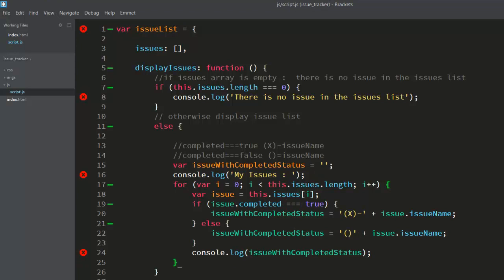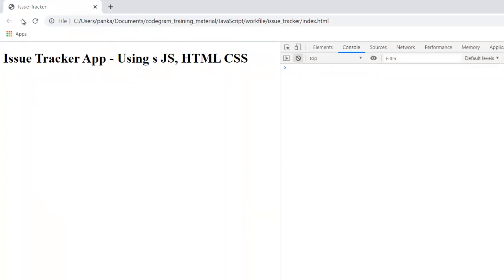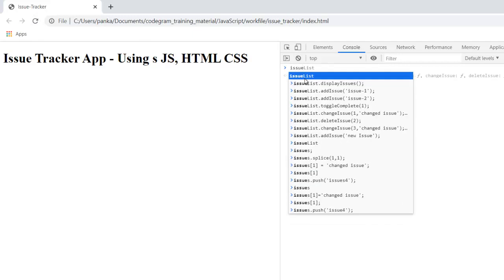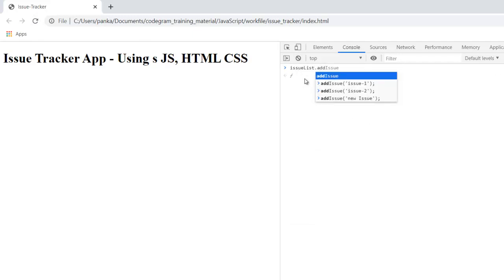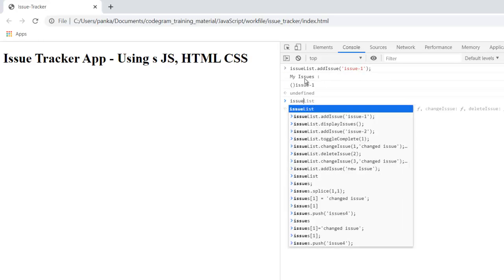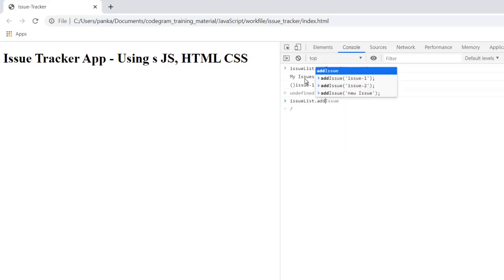Just save everything, come on this, now here reload and add the issue. So issue list dot add issue. Let us add two issues. Issue list dot add issue. I'm adding this second issue as well. Now we have two issues available.